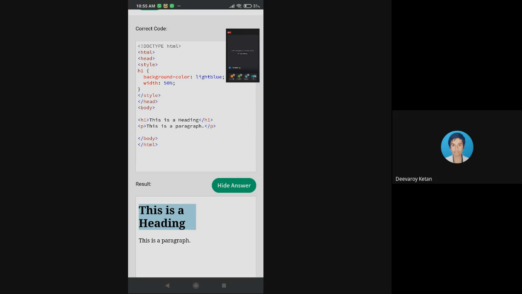Suppose you have a big paragraph and you are writing the program according to your desktop. If you give the size as 50, then according to your screen it will fit on your desktop. But if you see the same output on mobile, the data will be lost because you are saying it is 50. The size of your device has come down, so you cannot get that. So what I have to do for that is use the percentile.